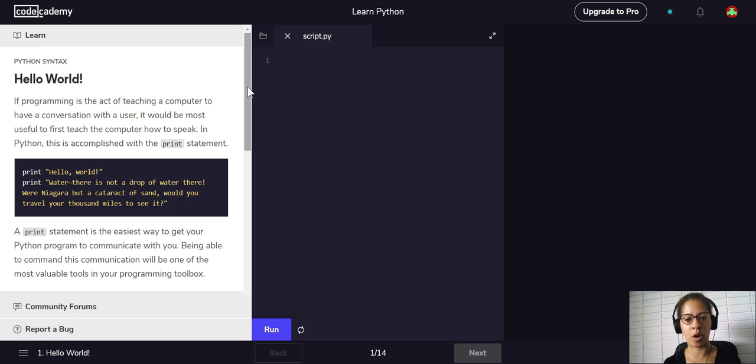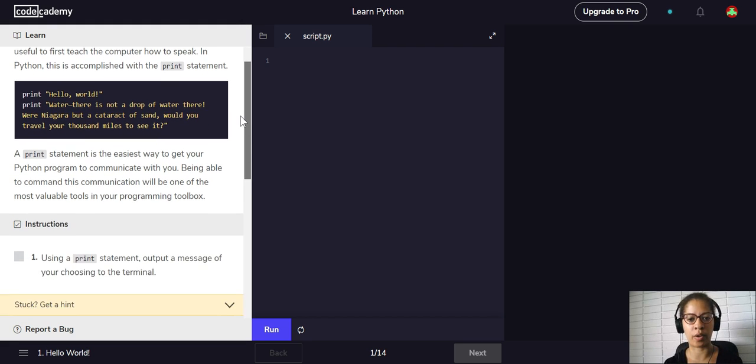There is not a drop of water there. Were Niagara but a cataract of sand, would you travel your 1,000 miles to see it? I feel like that's some sort of